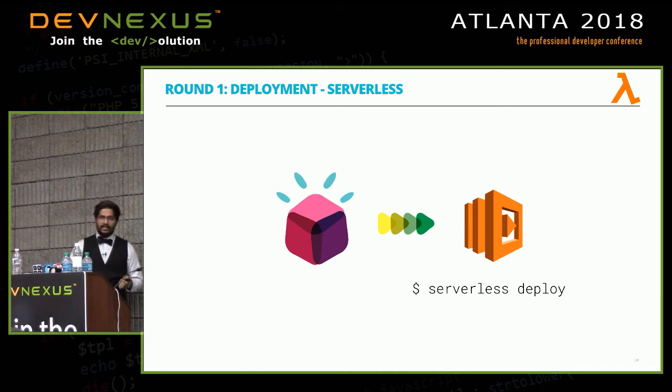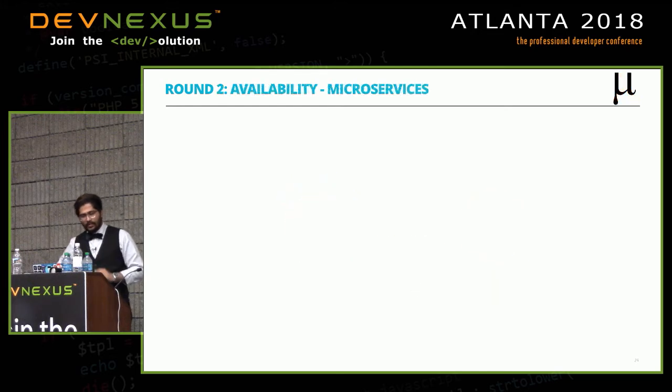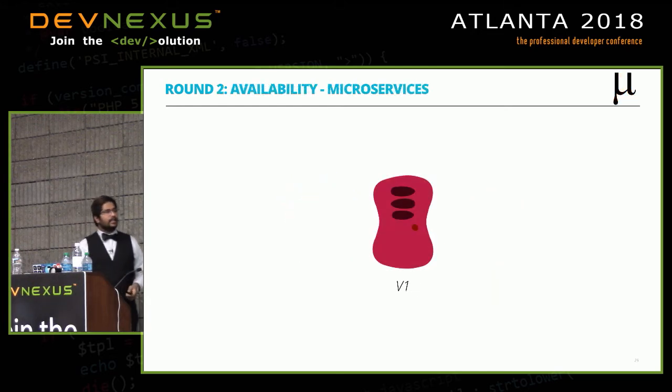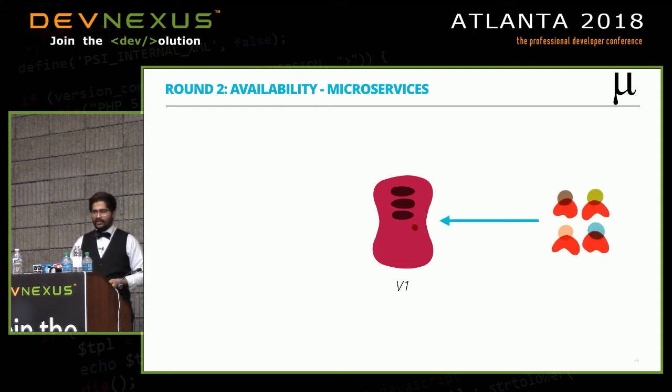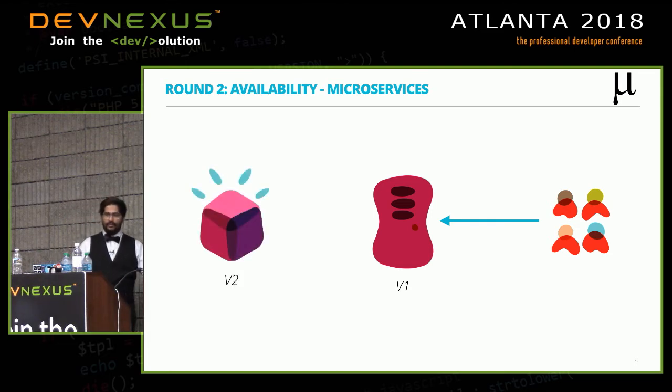So if you look at it this way, because of frameworks like serverless, it becomes easier and quicker for you to deploy code on serverless than on microservices if you don't have cloud native applications. Second thing we want to try comparing these services on is availability, which essentially means when you deploy a version of your application and you have customers giving you live traffic, you obviously aren't done the first time you release code, right? You probably want to make feature changes or bug fixes, and you want to continuously keep improving your application, right? So you build a version 2 of your application, and some of this is going to sound obvious.